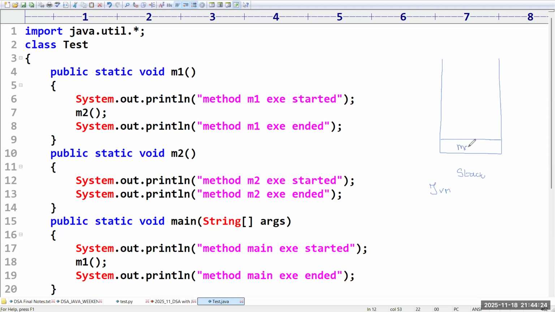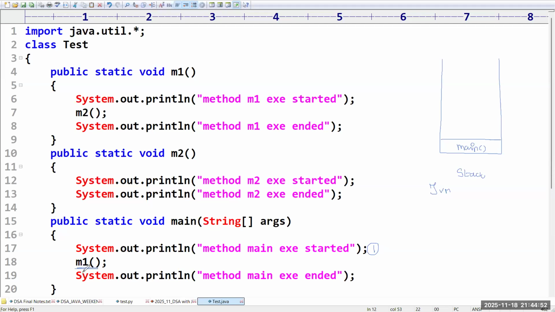The main method. The JVM will invoke the main method to start the program execution. Now you can see in the main method there are three statements. This is the first line which is going to be printed on the console. After that, we are calling m1. After m1, there is one more statement.